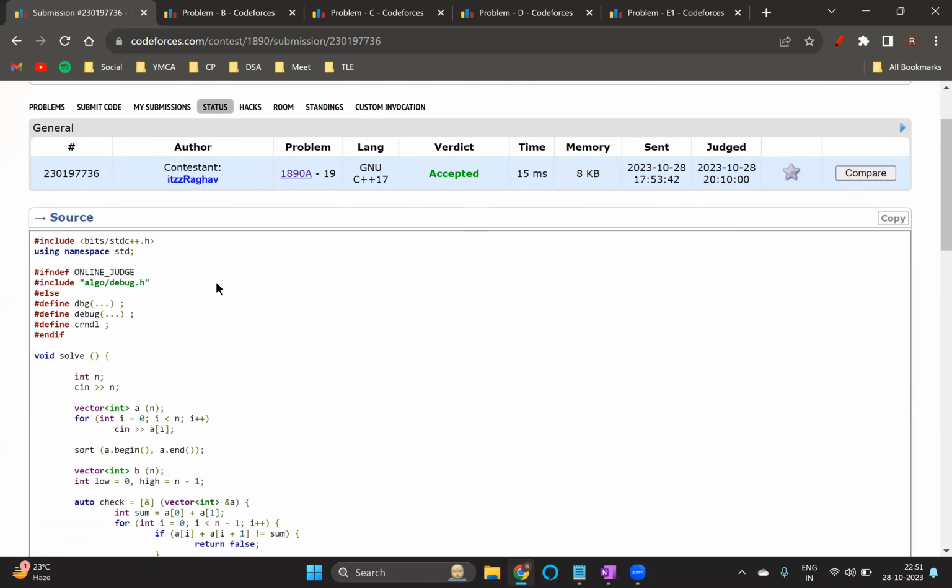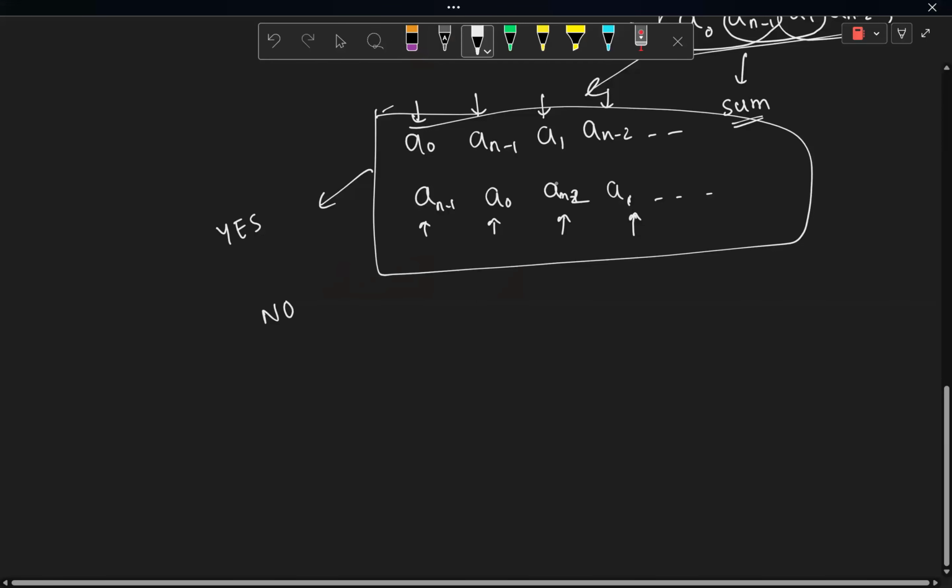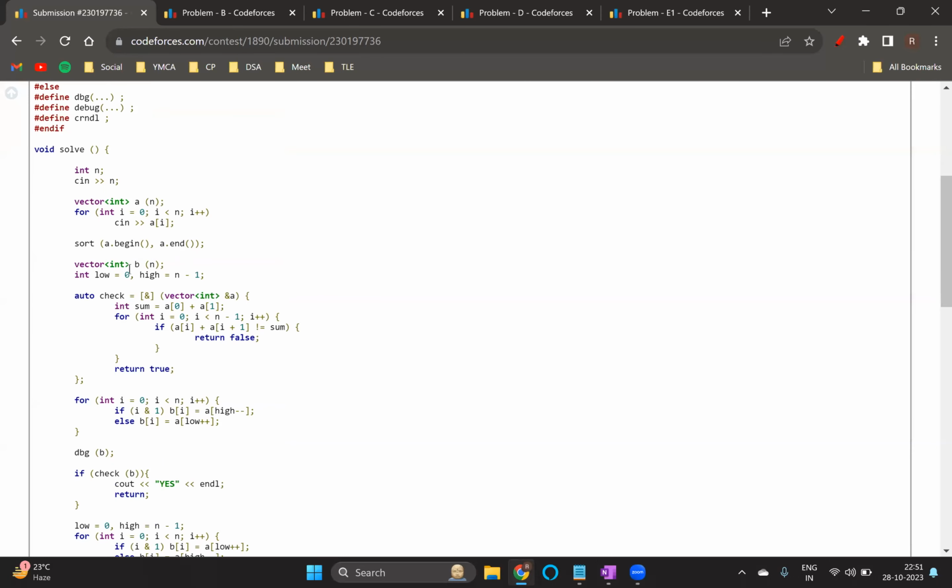It was a constructive algorithm problem. Here you just had to find this kind of pattern. Generally in constructive algorithm problems, you just look for patterns. It is better instead of trying to logically go everywhere. Now we can just